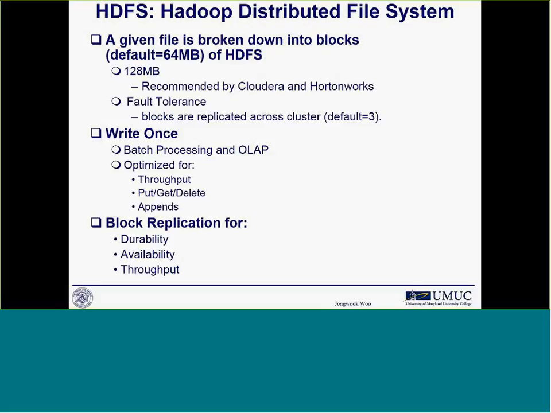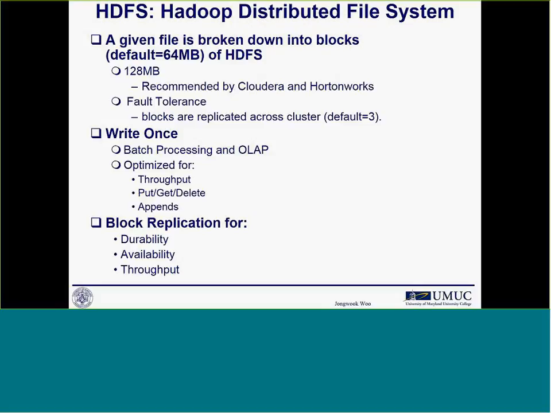And also, to maintain fault tolerance, the blocks are replicated across the Hadoop cluster, and the default replication factor is 3. So even if one server goes down, the other server that has the block of the failed server can take over the data set. Okay? So you never lose your data, in theory.